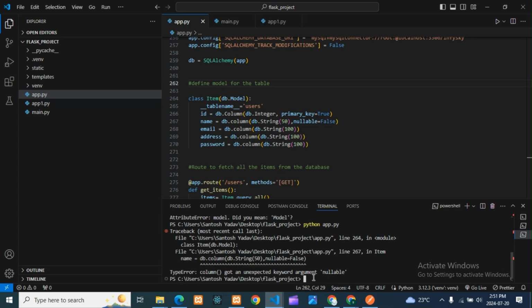Column got an unexpected keyword argument nullable. What is wrong here? I want this as nullable only. Nullable.